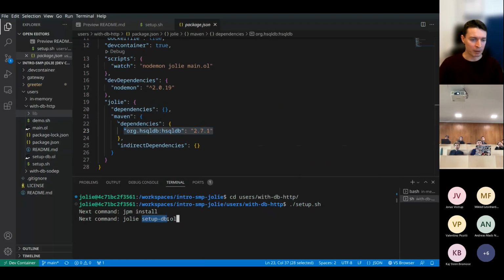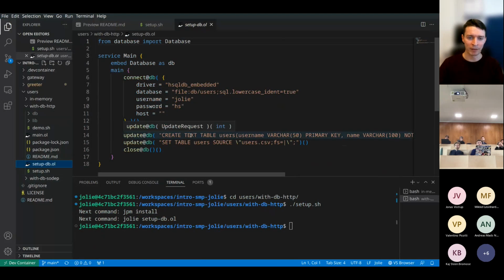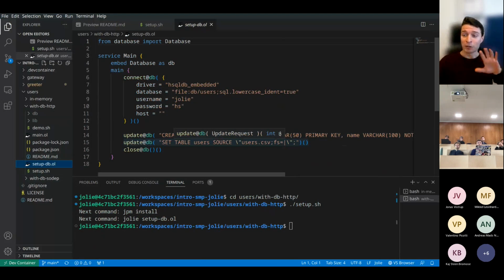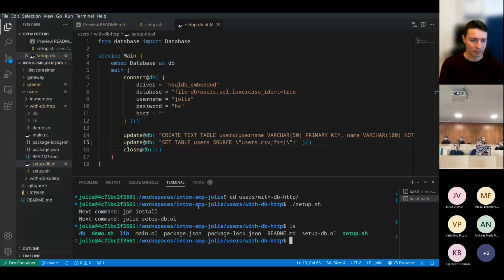And then I'm launching setupdb.ol, which creates the tables for us, just by running a few statements. This is not a production example. I have used the feature of HyperSQL to use a CSV file as the backend, right? Normally, you would not have this line. I put this line just to show you the consequences of the demonstration that I'm going to run in a second. So if I launch this service,